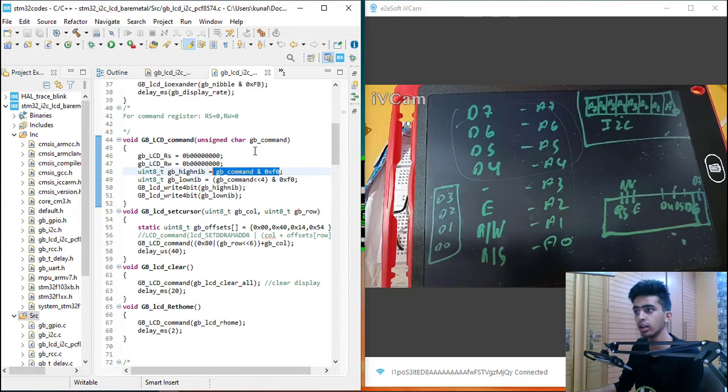First, with the command which we need to send, we get the data from the main.c code, from the application code, in the 8-bit format. Then we first AND it with F0 so that we get the high nibble data, D4 to D7. Then we left shift by 4 bits and again AND with F0 so that we get the data D0 to D3.